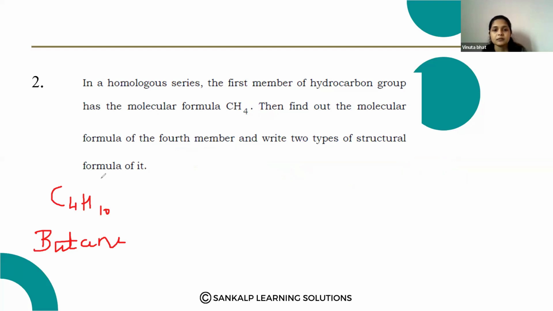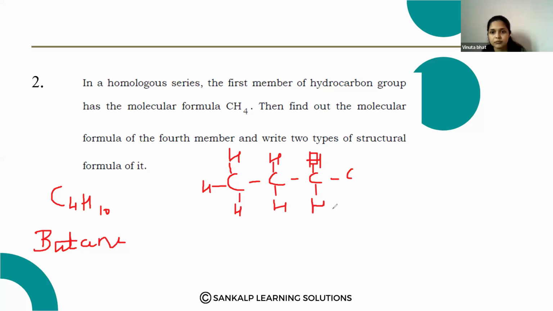Then for the structural formula, you have to write two types. C4, 1, 2, 3, 4, and H10, 1, 2, 3, 4, 5, 6, 7, 8, 9, 10. So this is the first structure of butane, and another type is